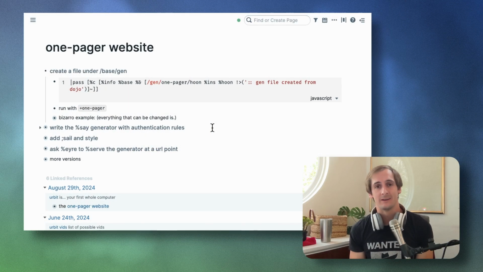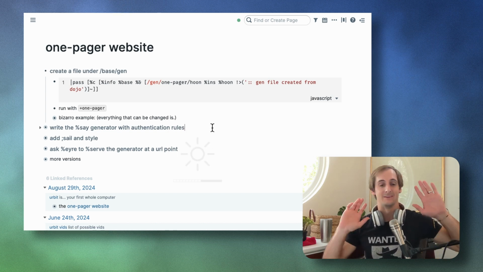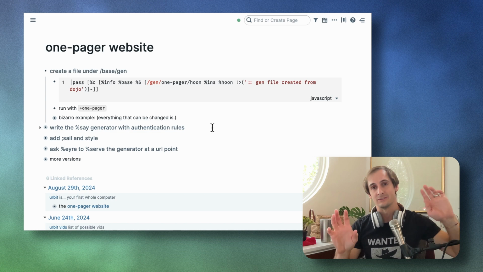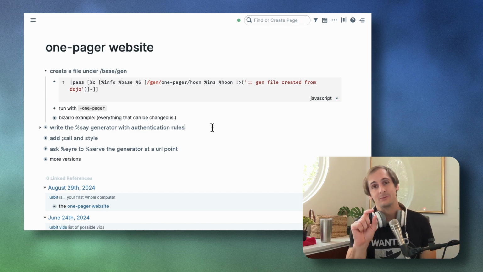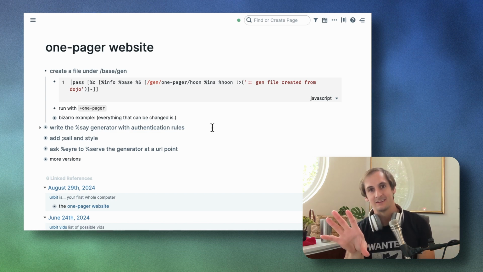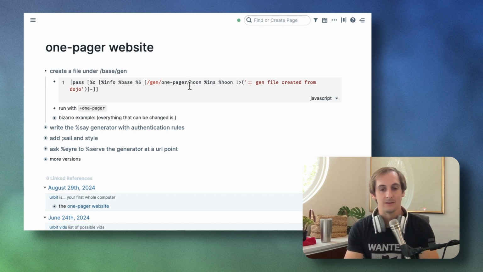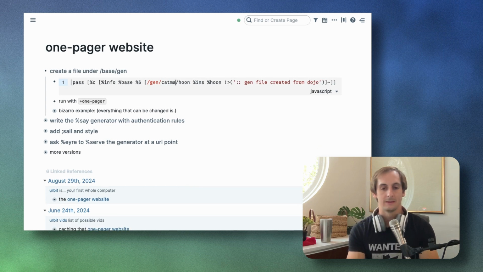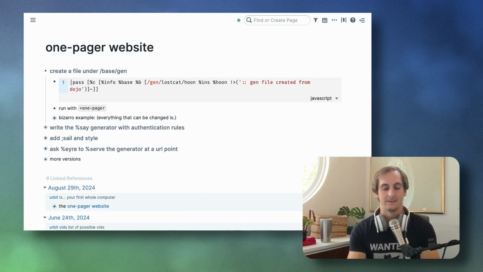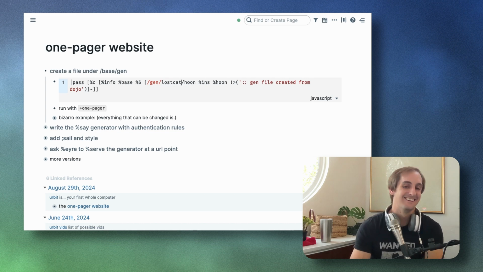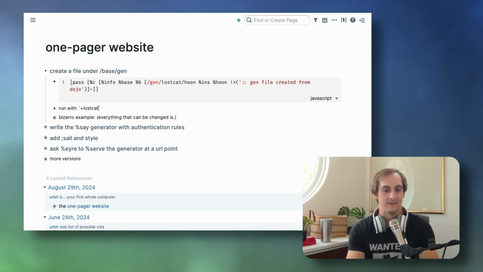Okay, so first thing we're going to have to do is make a file. Because we're going to control the Urbit from the browser and we're not going to use traditional text editor stuff, we have to do it this way, and you can totally let your eyes glaze over. It's going to be just fine. I'm going to come in here and change something though, and I'm going to call this Lost Cat. Oh man, what a bummer.